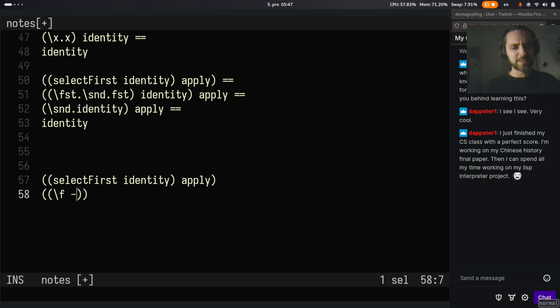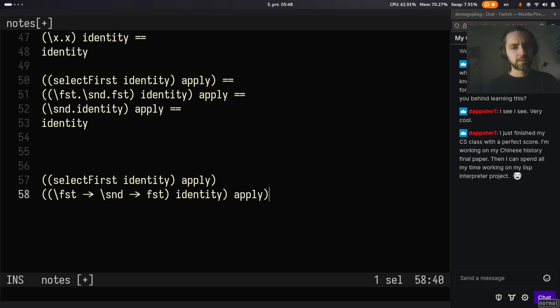Maybe let's do it with dots. But dots is really short. FST. I think this is how you would do it in Haskell. Maybe we could do it in Haskell actually. FST, SND, FST, right? And identity,